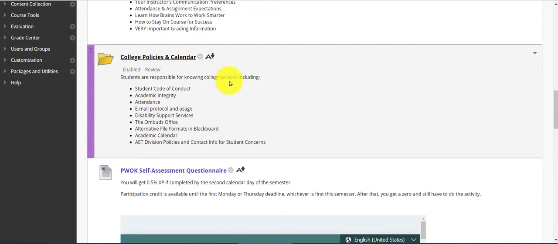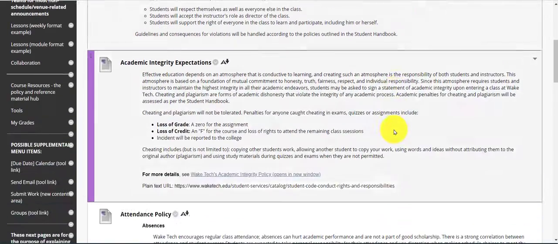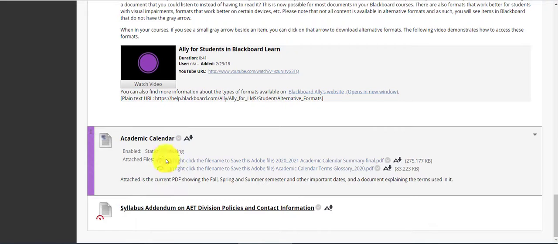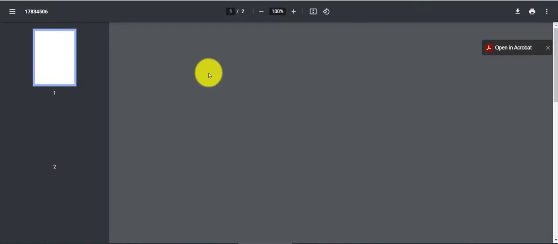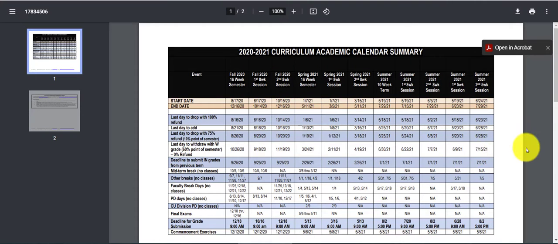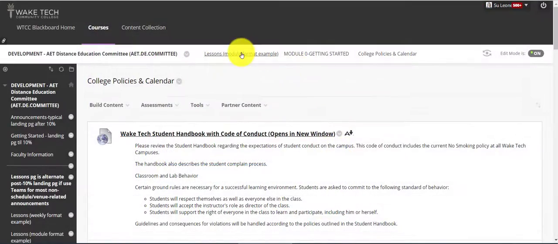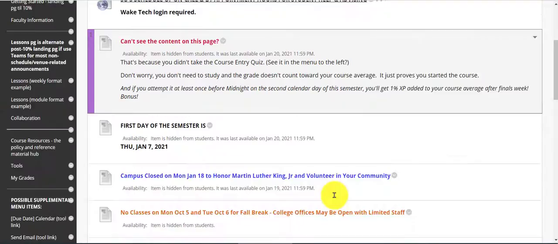The academic calendar is that handy PDF that is available in the calendars part of waketech.edu. So here's all this good stuff. And the academic calendar, you can see that it is a great summary of all 3 semesters in an academic year. And then this, of course, is the syllabus addendum on the AET division policies and contact information. Back on the lessons page,